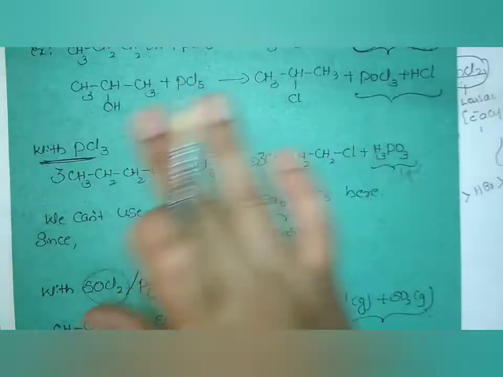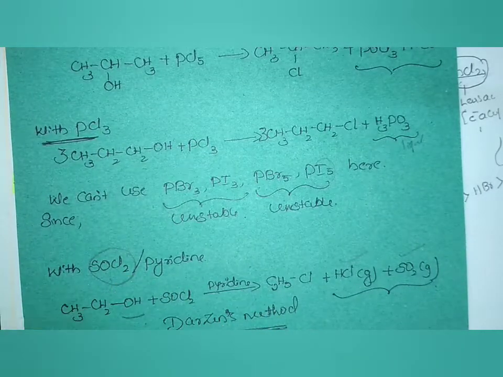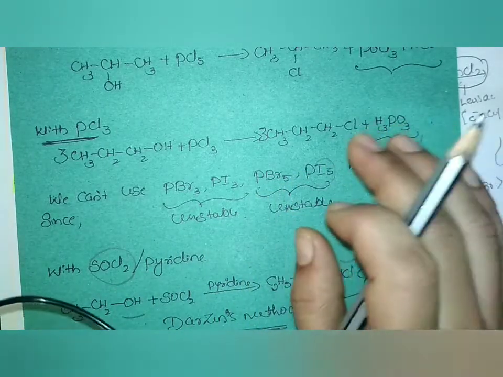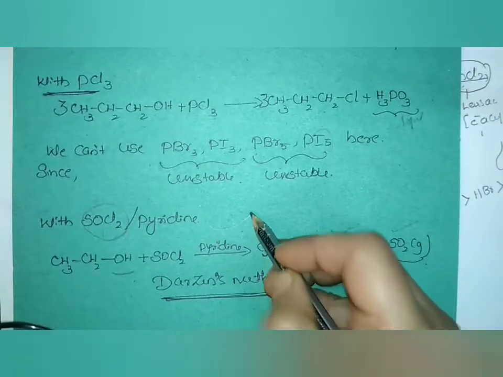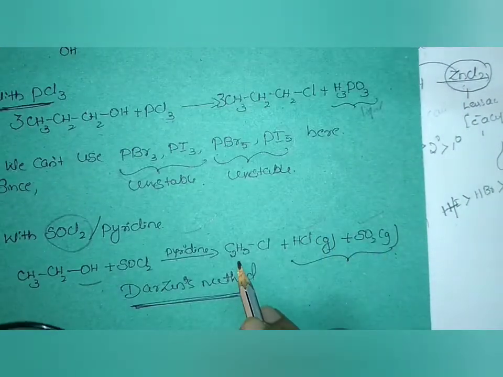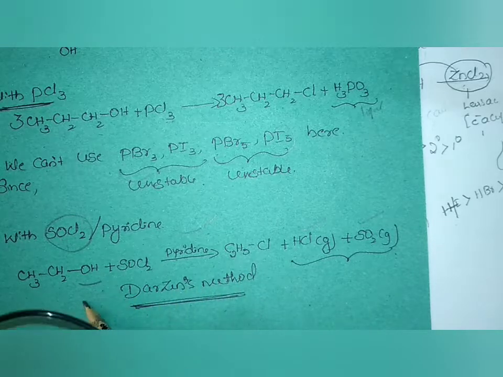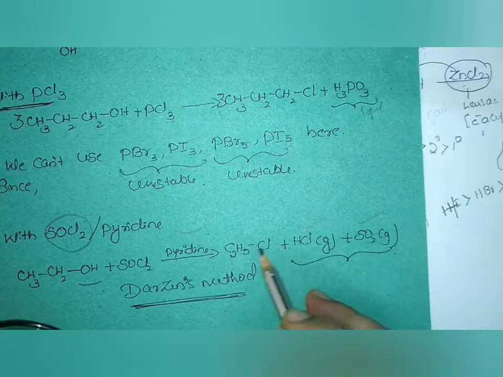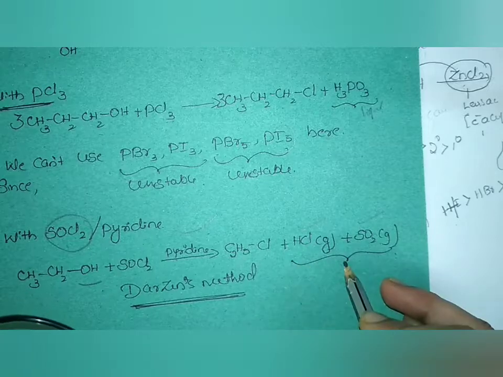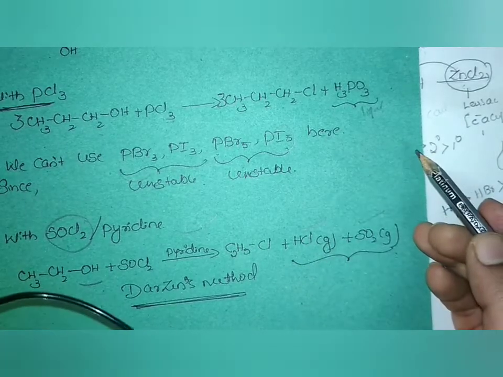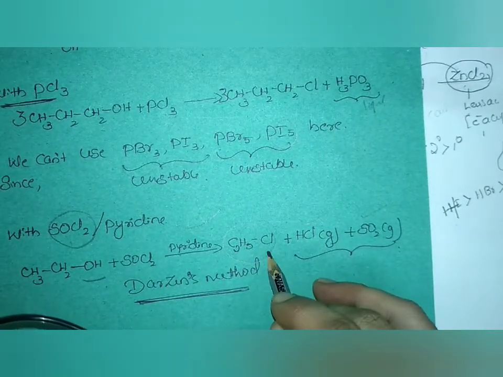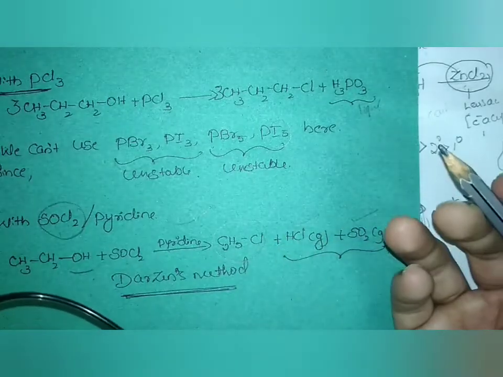Now, among PCl5, PCl3 and thionyl chloride, the method I prefer to prepare the pure respective alkyl chloride or haloalkane is this one. Why? I am getting ethyl chloride when I treat alcohol with thionyl chloride, and along with that two byproducts which are gaseous in nature. Once I get the ethyl chloride, both byproducts being gases can escape easily. When they can escape easily, I can get ethyl chloride in a pure form without putting in more effort.